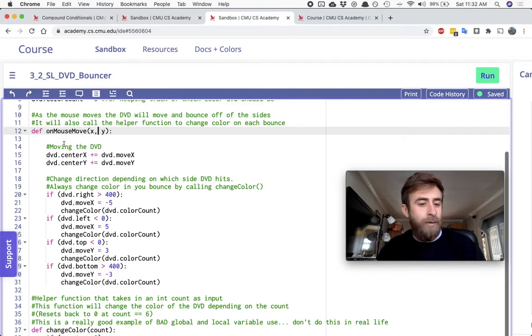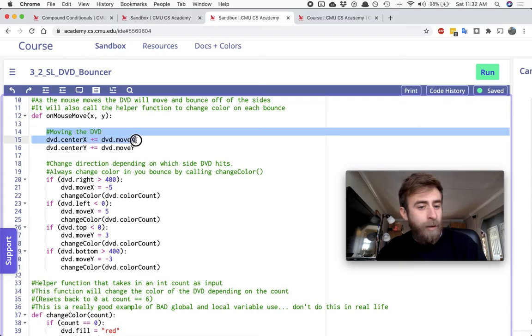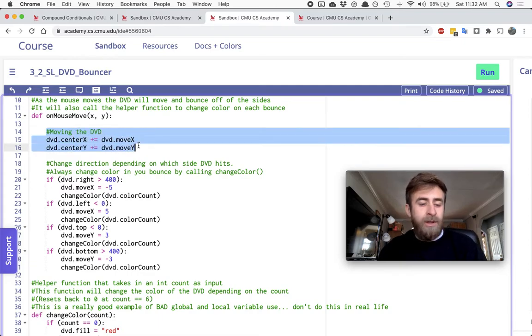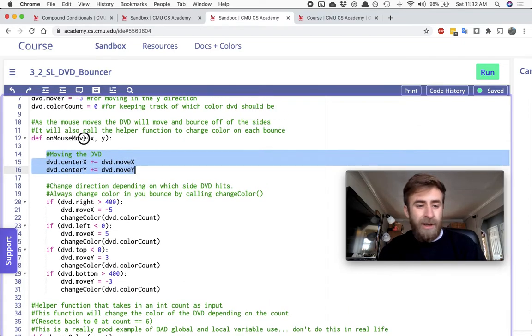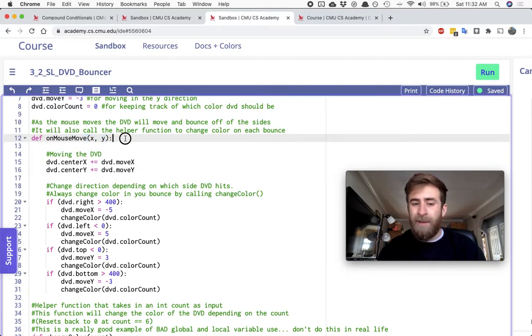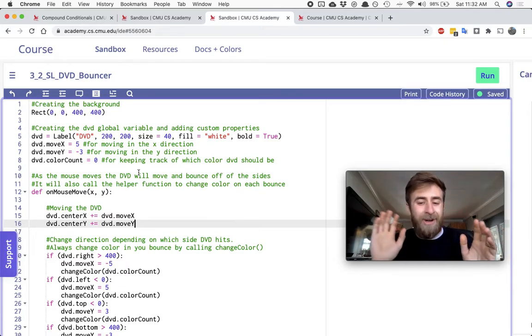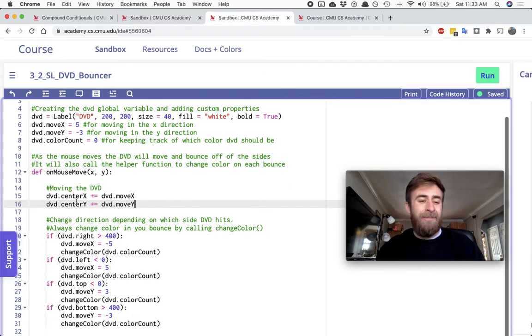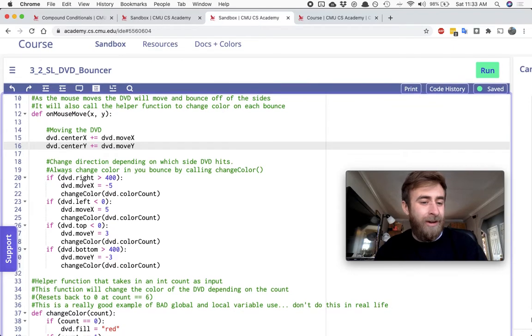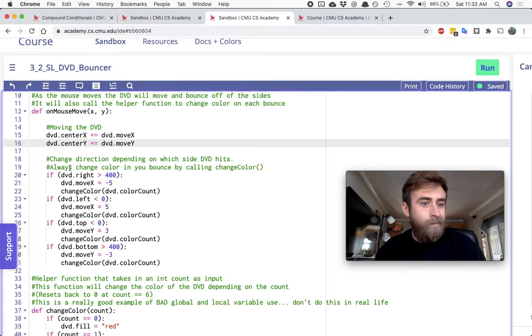So on mouse move, first I'll be moving the DVD. I'm not using the input for this function. We're using global variables. It's all going to be kind of gross. Sorry, we haven't learned about why that matters yet at this point in the curriculum. But yeah, let's keep going. No need to be discussing that. What was I talking about? Right, so